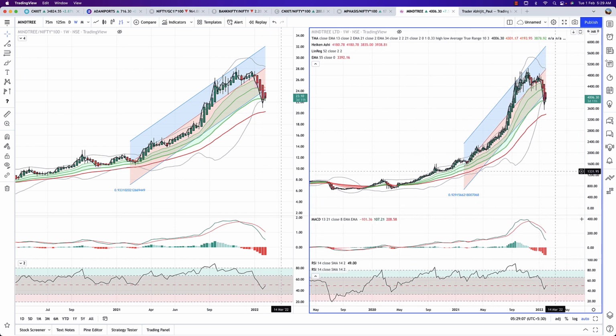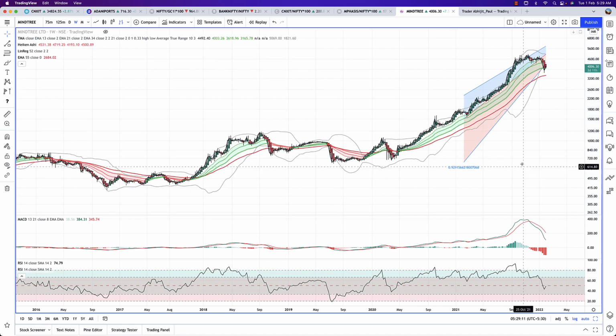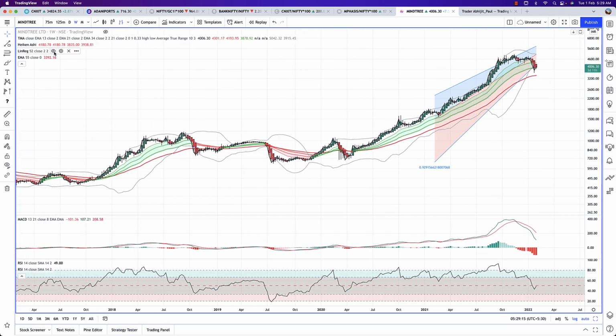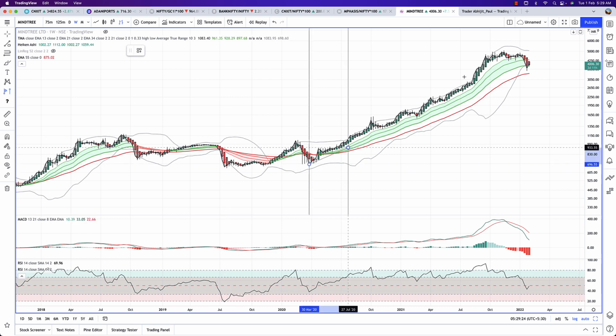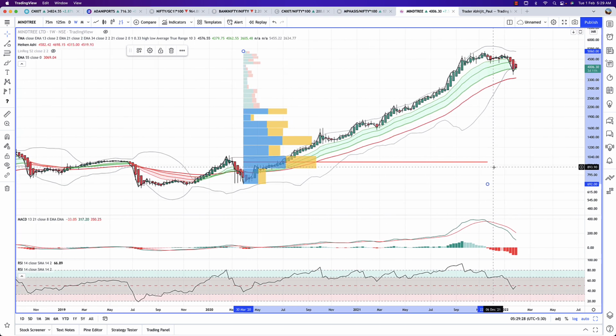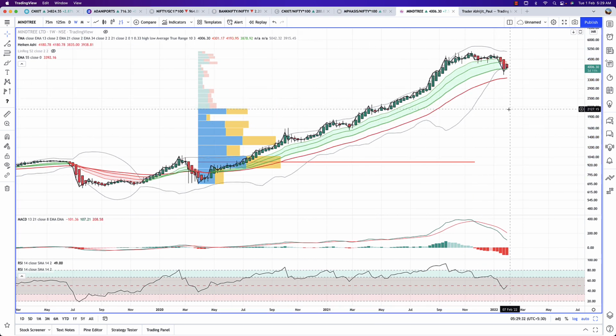Now what I'm requesting you to do is blow out the Mindtree chart. Maybe you need to go to a log chart. In this case, we are looking at the weekly. I'm going to hide the linear regression, and I can see that the stock is in a kind of corrective mode. I notice that this is the big move that the stock had gone through. I'm using Heikin-Ashi candles here just to slow down. I don't want to get carried away by raw prices.